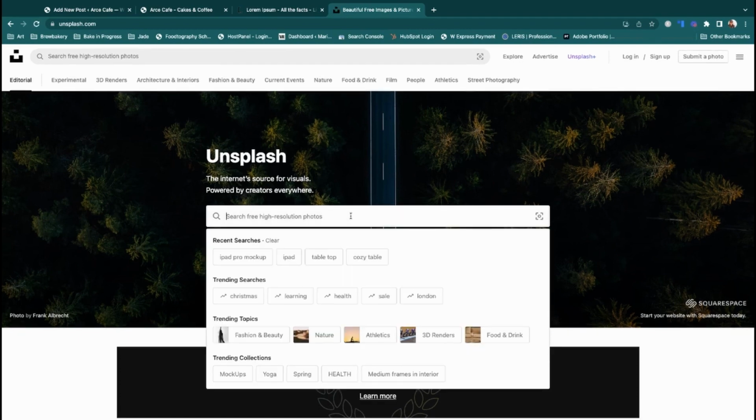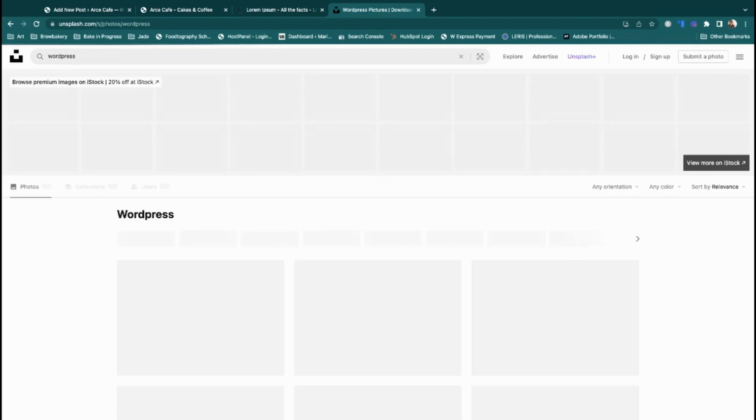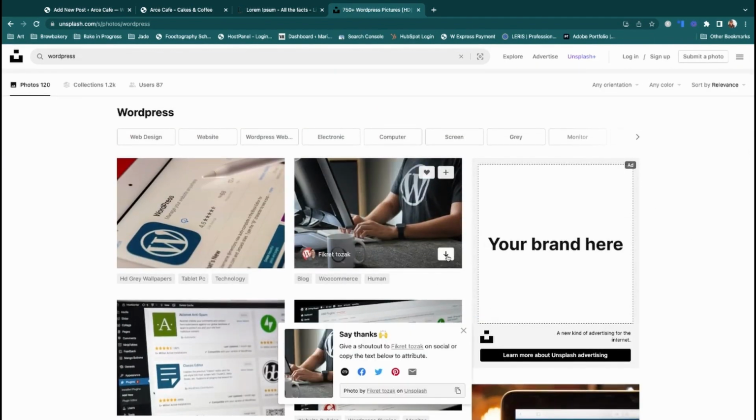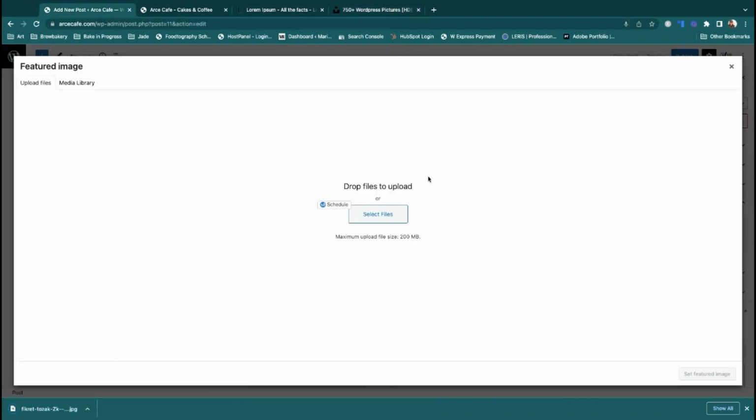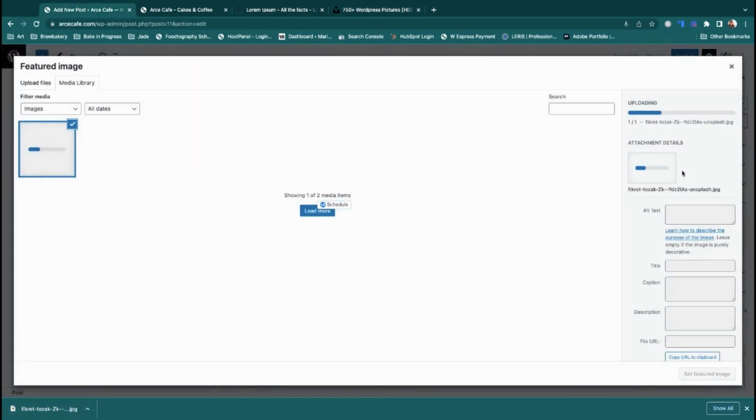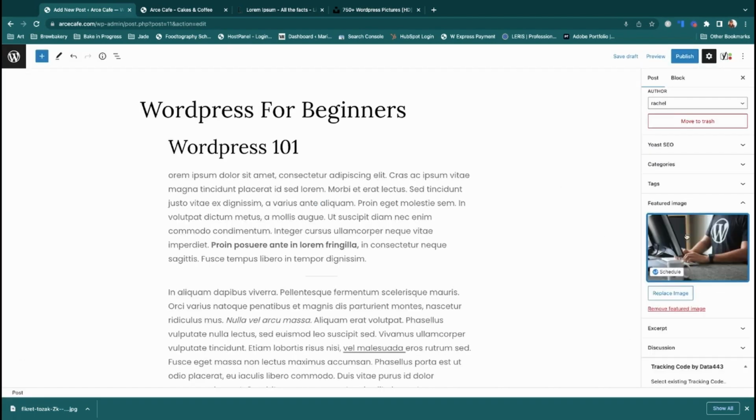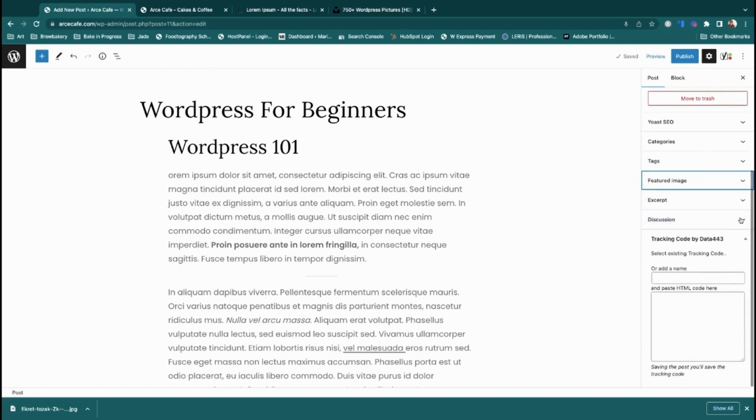Okay. WordPress. Let's run it here. Directly download. Okay, so let's just drop it here. And set to featured image. Good. And then